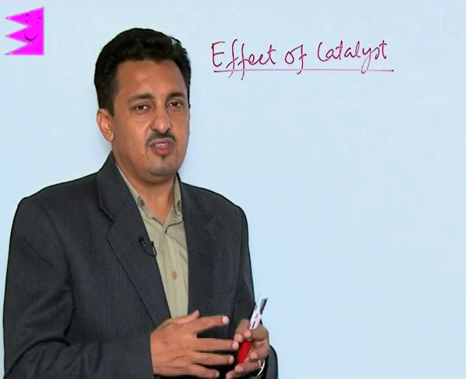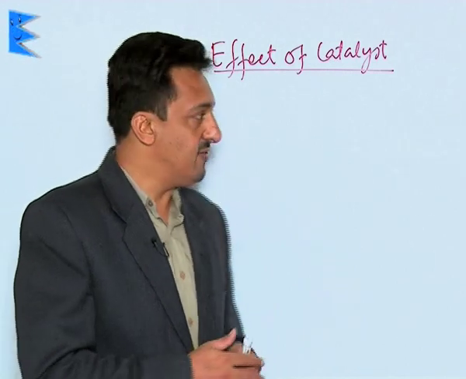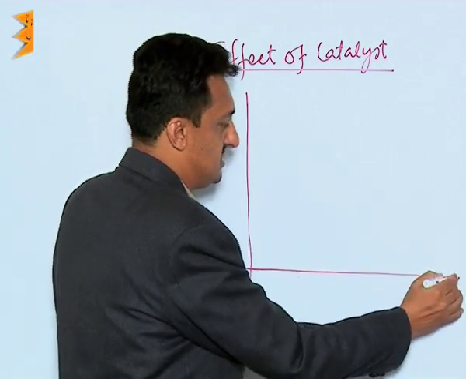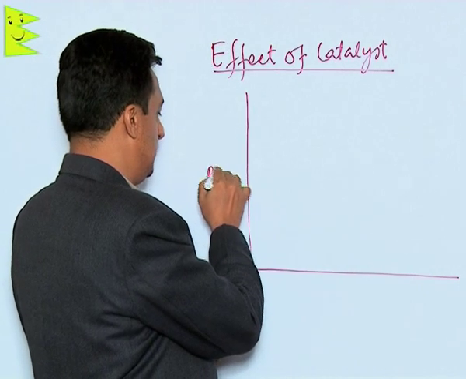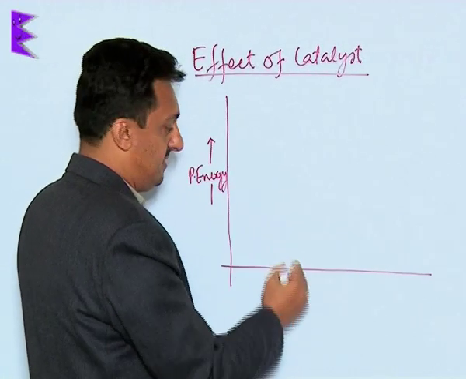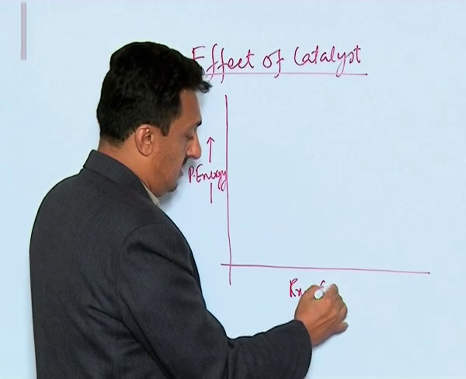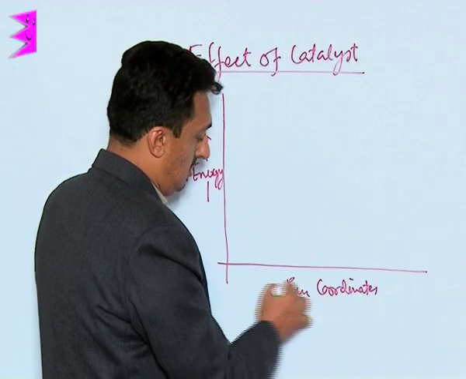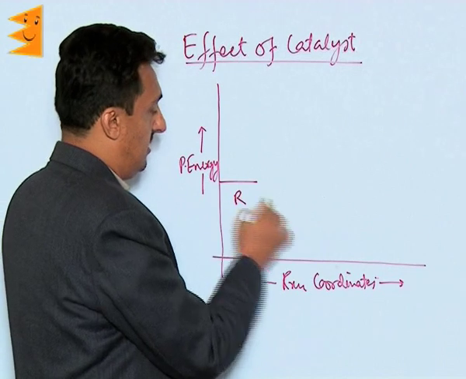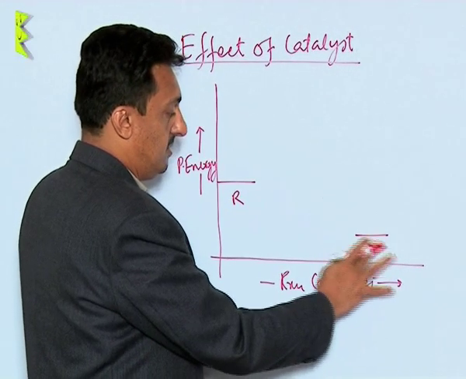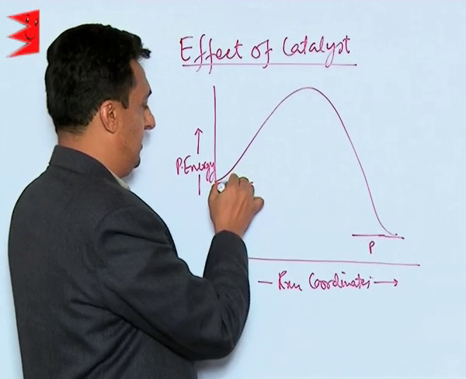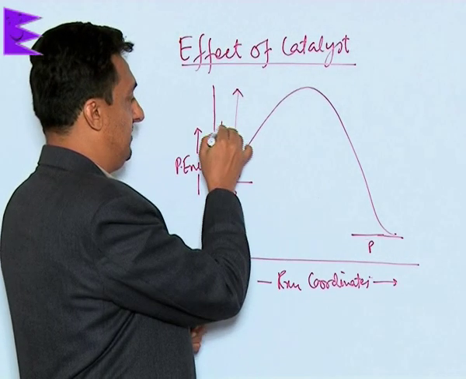Now, the Arrhenius equation gave the answer to this. It can be explained from the potential energy graph, where the potential energy of the reactants and the products is plotted against the reaction coordinate. What we find is that if this is the reactant we have and this is the product they were forming, the reaction was following this usual path, and it had an activation energy